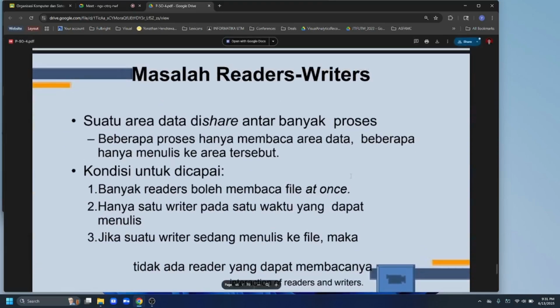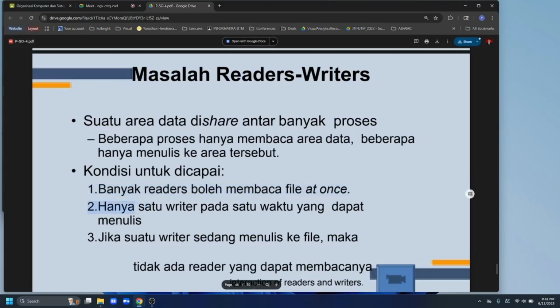And then another thing is using readers and writers. That is a data area that is shared by many processes. Some processes only read the data, other processes only write to the data area. So there are several things that need to be maintained. Many readers can read the file at once.